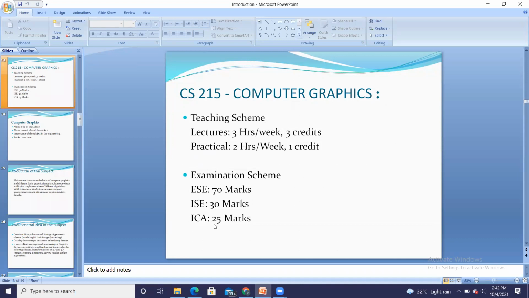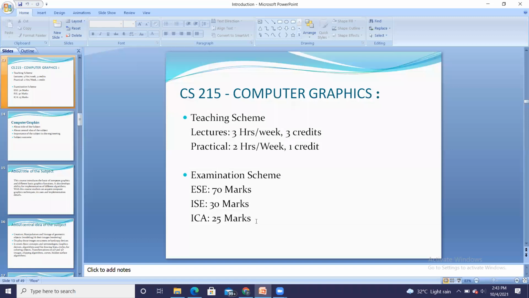The marks will be based on 3 criteria. These 25 internal marks are based on first the journal, second the attendance for your lectures and practicals, and third I will be conducting the MCQ test, which will be helpful for you and the end semester examination. After completion of every chapter, we will be having a test of 10 marks, MCQ test.